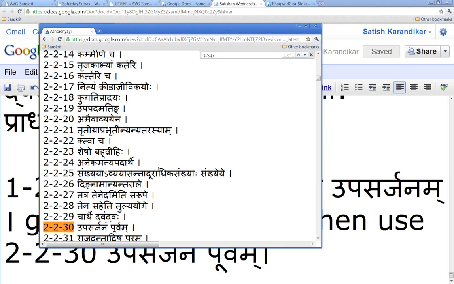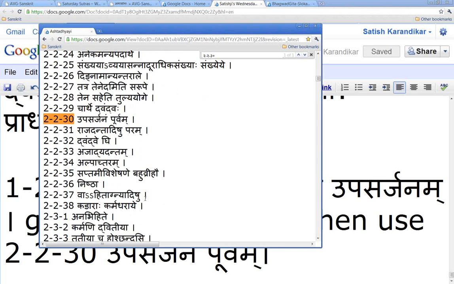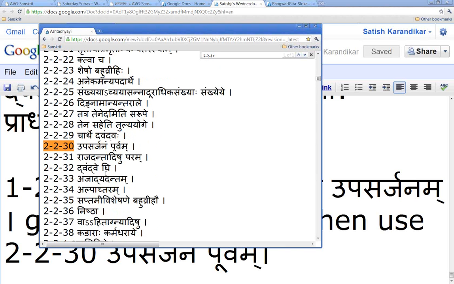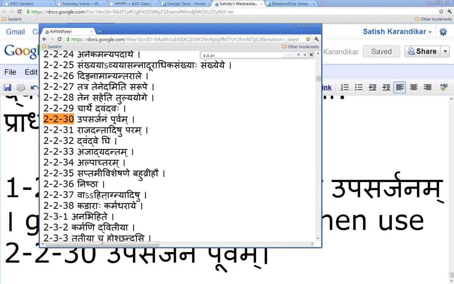That is why Panini has some special rules for Bahuvrihi: who will go first? Because Upasarjanam Purvam will not help us; in a Bahuvrihi, they will all get Upasarjana Sanya. In Dvandva also, the Anuvritti of Anekam is coming down, so the same problem. So Panini has special rules for Dvandva, such as Dvandve Ghi and others. We're going to talk about this in a later lesson, and also Bahuvrihi. For Dvandvas and Bahuvrihis, the general rule unfortunately does not help us. Next, the thing which Kalpesh was talking about is coming in the lesson on the next page.